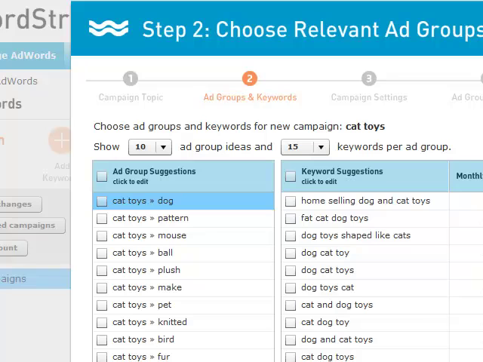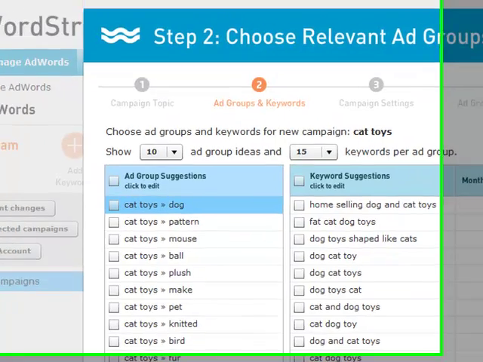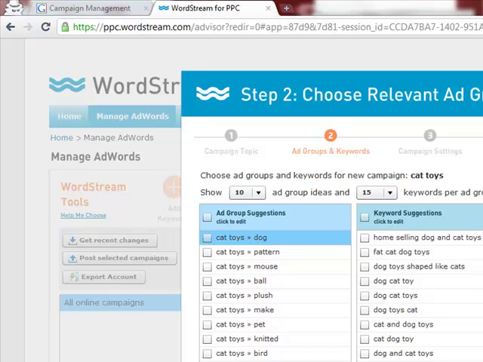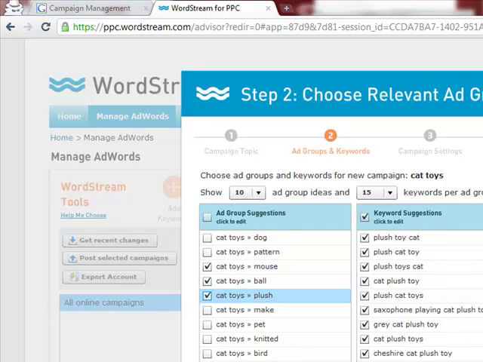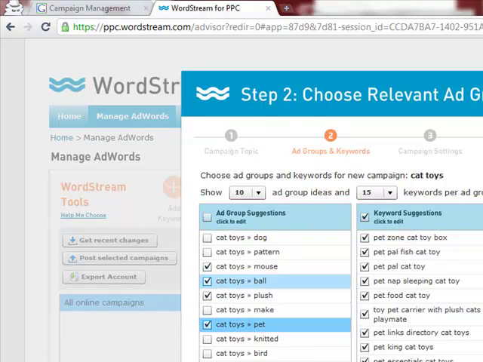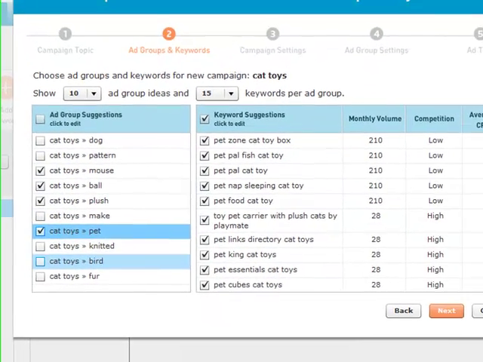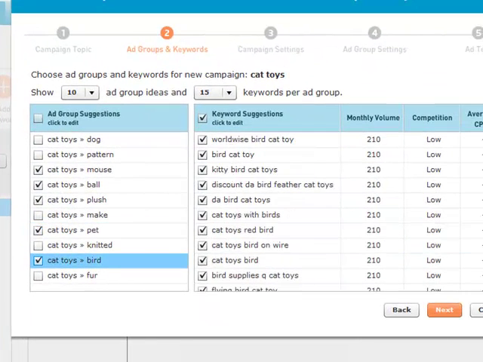And also, if you look at the left here, you'll see the ad group suggestions where WordStream will break these keyword groupings out into more granular groups that you can write relevant text ads around, targeting a higher quality score and a lower cost per click. So this is all automated. You can just choose what's relevant to your offering. So within cat toys, it's easy to select mice, cat toys, a cat toy ball, plush for your pet, maybe a bird. So then you just select next,